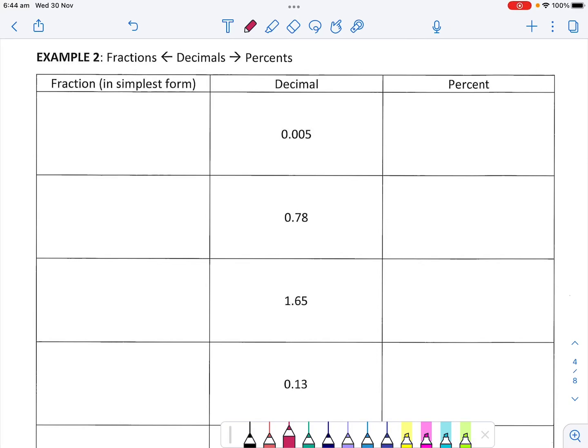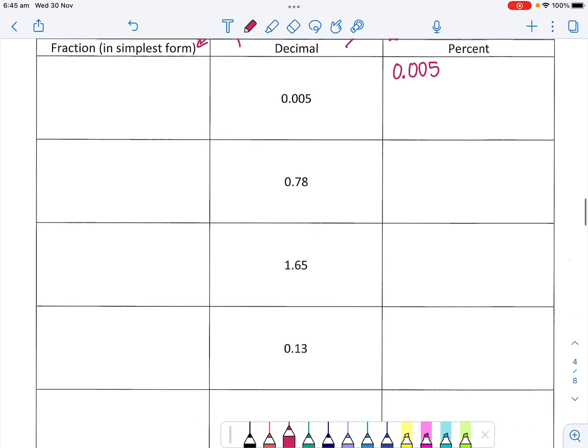Hey everyone, I'm going to continue our work with FDP here, and this time we are going to start with the decimal and we are going to work our way to the percent and the fraction. So we're going to be going to the right and to the left, starting from the middle column. I'm going to go to the right first, so I'm going to go from decimal to percent first, and then I'm going to go the other way, decimal to fraction. To go from a decimal to a percent,